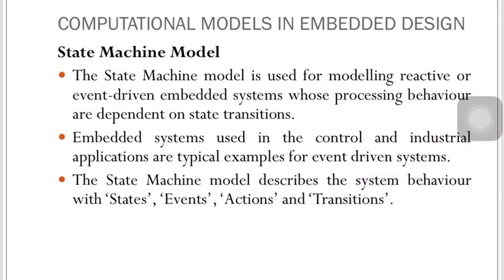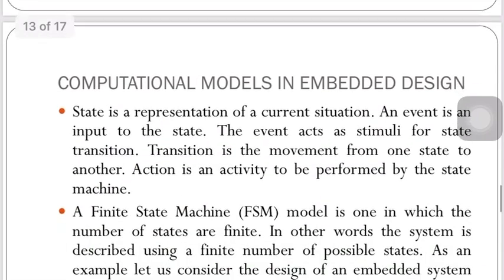What is the action to be taken? When the level is full, it sends a message to turn off the motor, or when the level is empty, it sends a message to turn on the motor. That is the transition happening, from one state to another when the event is detected. So this is sending a message from the on state to the off state, or the off state to the on state. We'll see the examples.